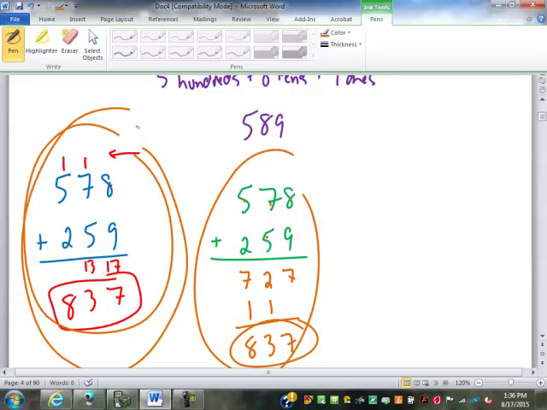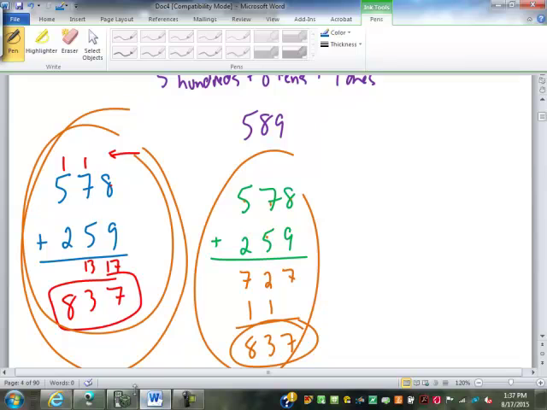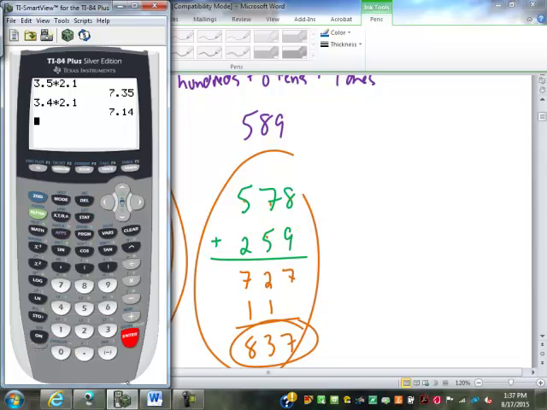There are different ways. Now, on the realism side of things here, I also realize that most of you own calculators, and hopefully shortly all of you will own calculators. And if I get 3-digit numbers to add, quite often you're not going to take the time to write it out by hand. You're going to probably punch it into the calculator. But I don't want you blindly punching numbers into a calculator, because if you're anything like me, I have these nice sausage fat fingers. I go to push numbers on the calculator, and of course this is a virtual calculator, but it's not uncommon for me to go try to punch in 578